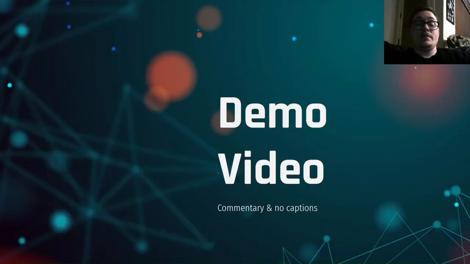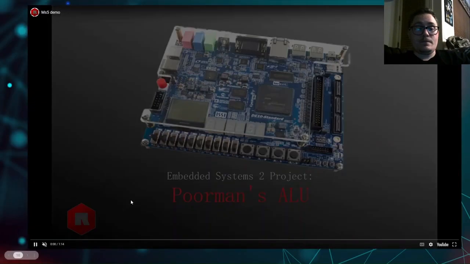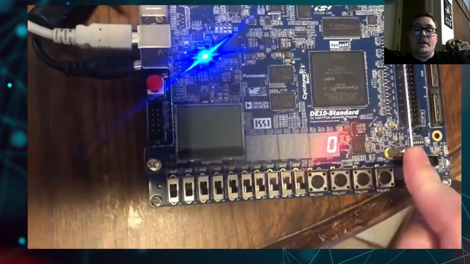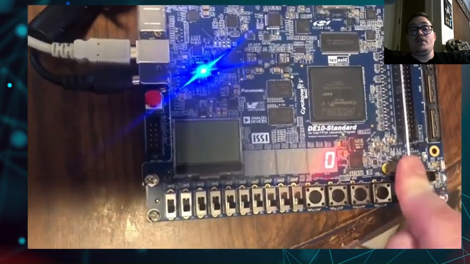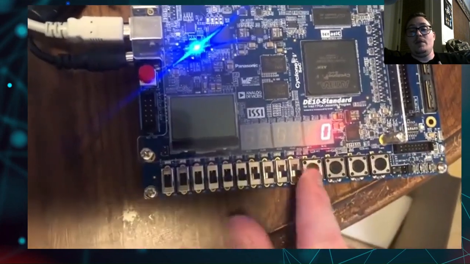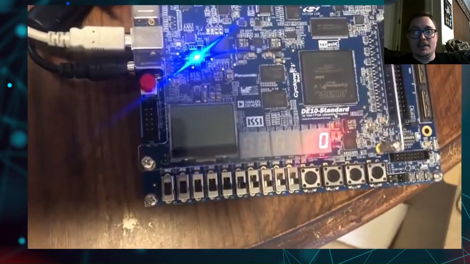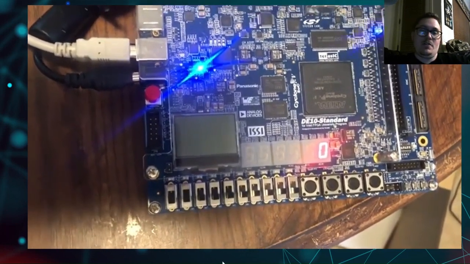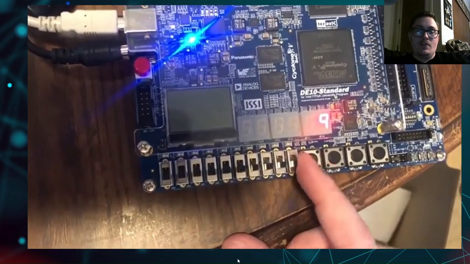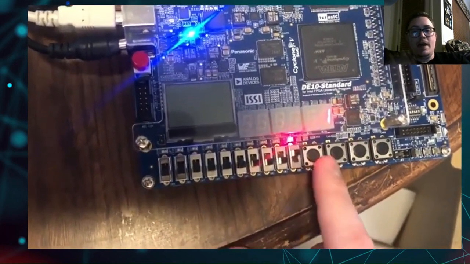There will be some commentary, but I'll provide that rather than having captions in another video that you can find on my YouTube, but I will have that here. And for this first portion, if we were to type in the numbers 5 and 4, enter those into the terminal, then we would have the value 9 be printed out to our hex display, as you'll see here in a moment. Now, by default, that switch on the very end on the right is low, and that means the